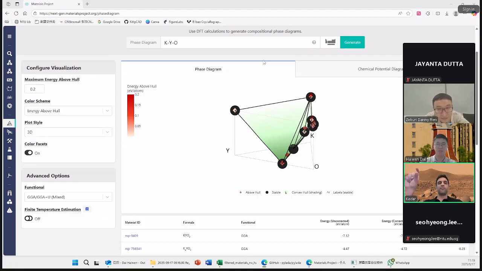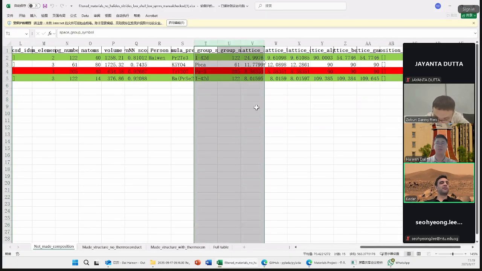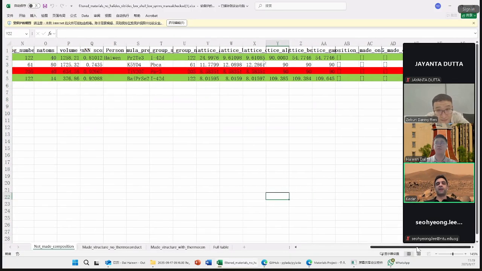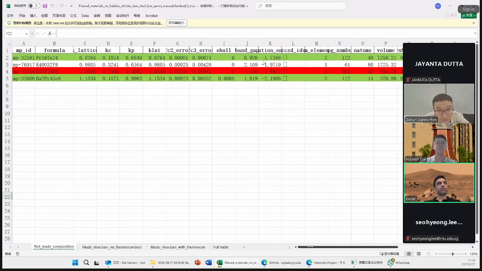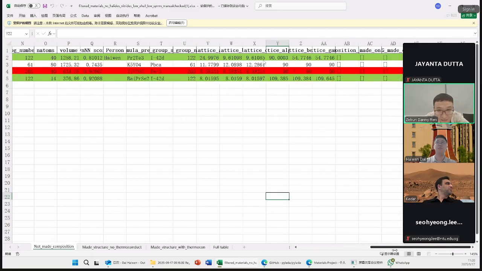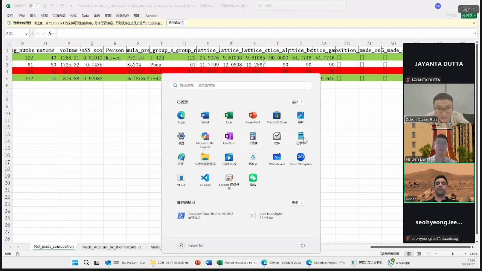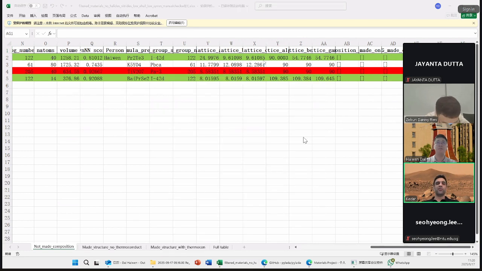So just in the column at the end, just make a remark and say these are the pros and cons, right? Good news, there's no competing crystalline or disordered phases. Bad news is that it's only around 10 MeV per atom below the hull, and the precursors might be difficult to obtain. And it's an oxide.